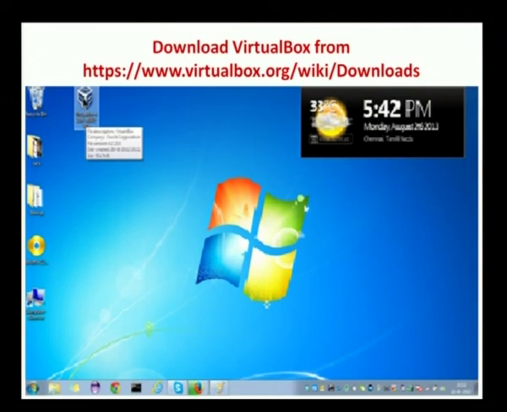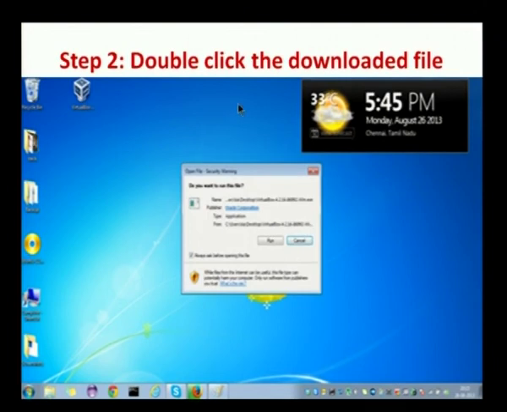And once you download it, it is stored in the machine. In your machine, you have this actual downloaded file. Then the downloaded file should be double clicked, so that you will get this window and you can just click the run button. Once you click the run button, it will start the installation of the actual hypervisor,